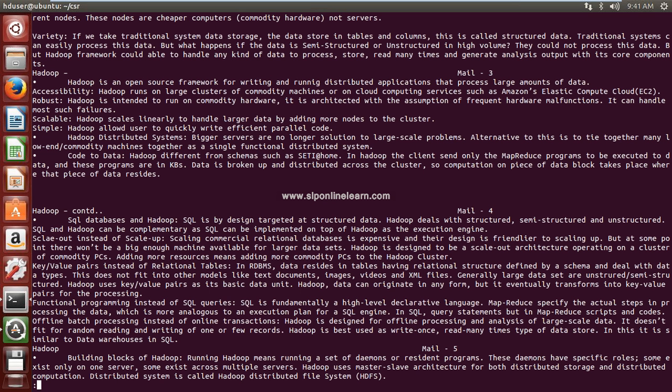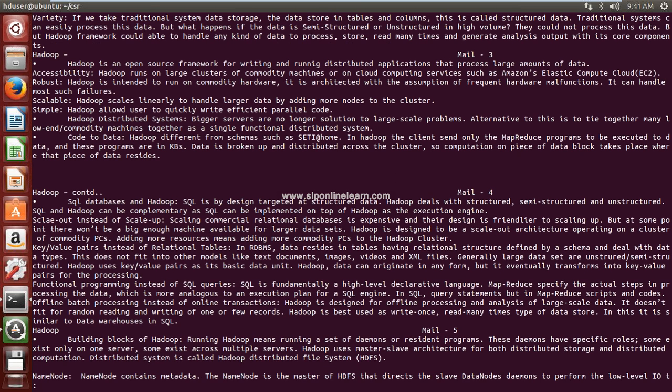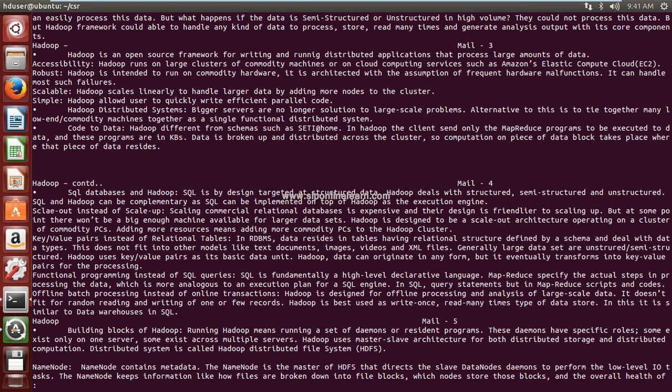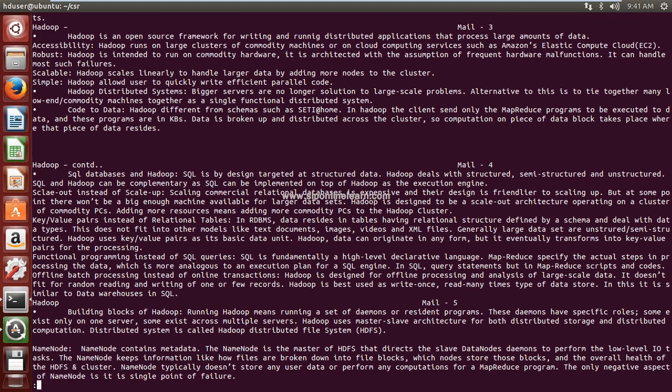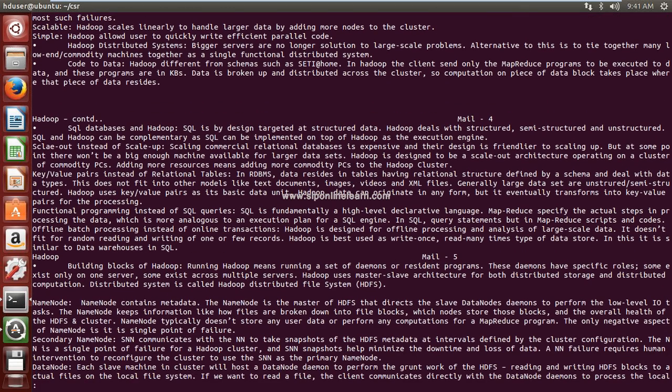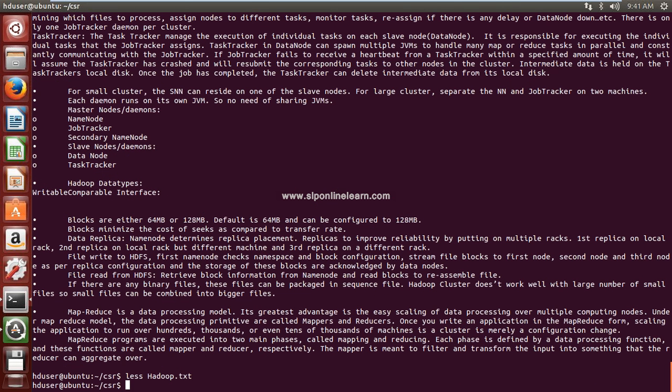First it will display one screen size of output, then waits. When you press the down arrow, it will display the next line. When you press the down arrow, it will display the next line. See, I am pressing the down arrow. Line by line output. Suppose you don't want to continue, then you can quit. You can exit from this. We'll see this command later. So these are some commands as per the requirement or convenience. You can use any one of them.